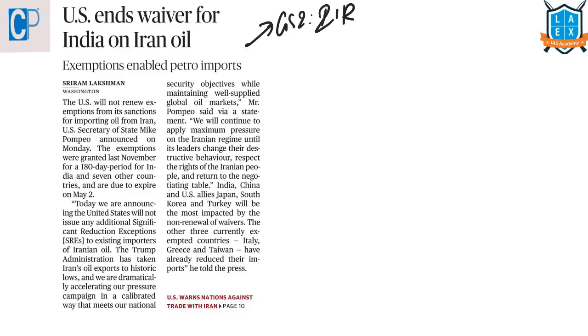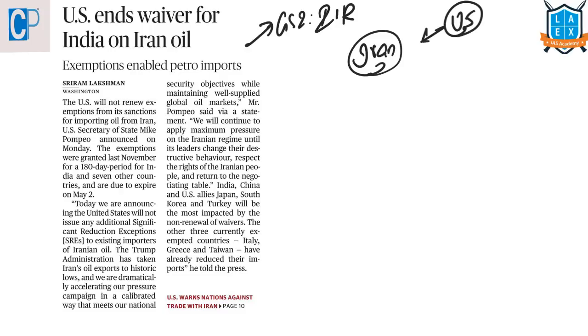Here, May 2nd is the last date for India, China, Japan, South Korea, Turkey, Italy, Greece and Taiwan to import oil from Iran. From May 2nd onwards, these countries will be subjected to sanctions by the United States if they import oil from Iran. So now, from the prelims point of view, from this article we are going to see